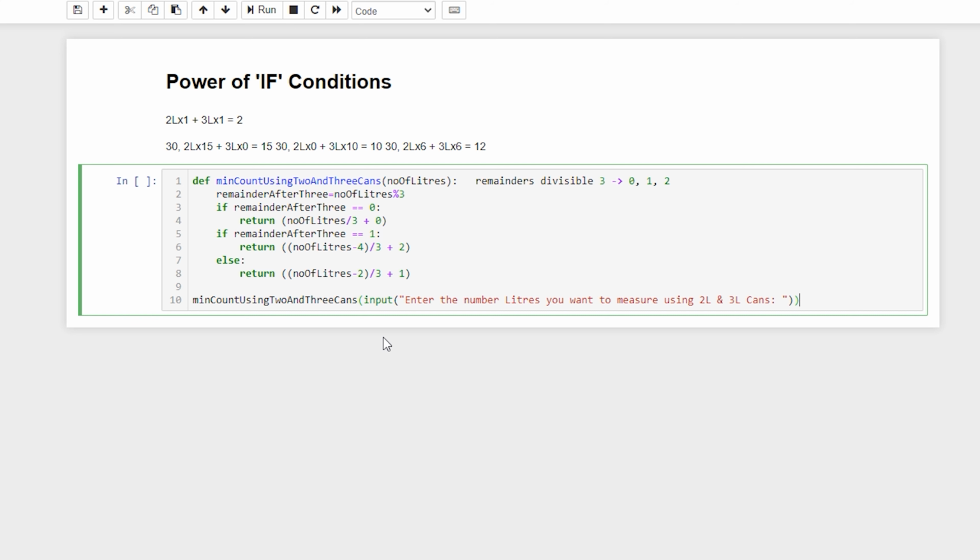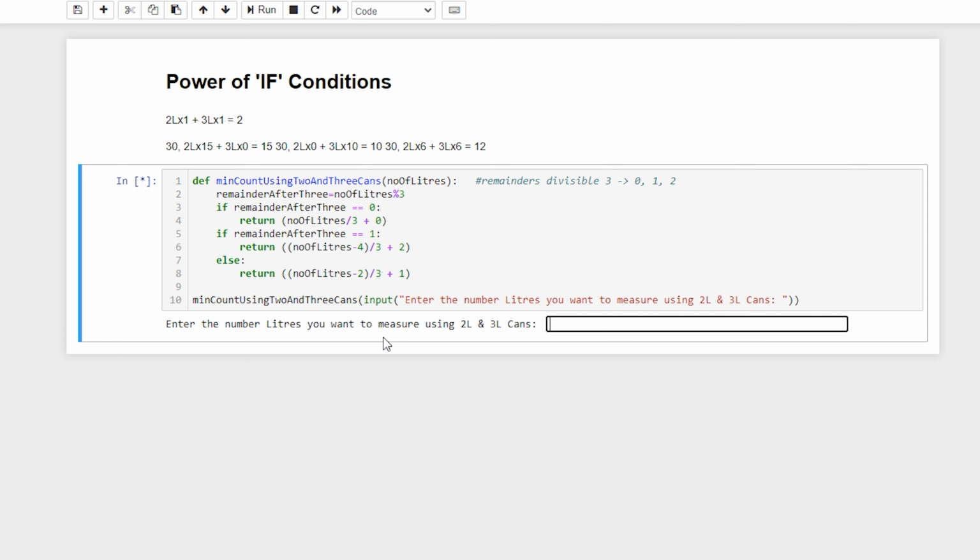And let me compile this. Before compiling, we need to check for any mistakes. Here one mistake is there, so I have to comment out those calculations. Now let me run it. Fantastic, at the first time itself, no errors, no warnings. Now we are going to enter the input. Let's say for 30 liters, what is the answer?